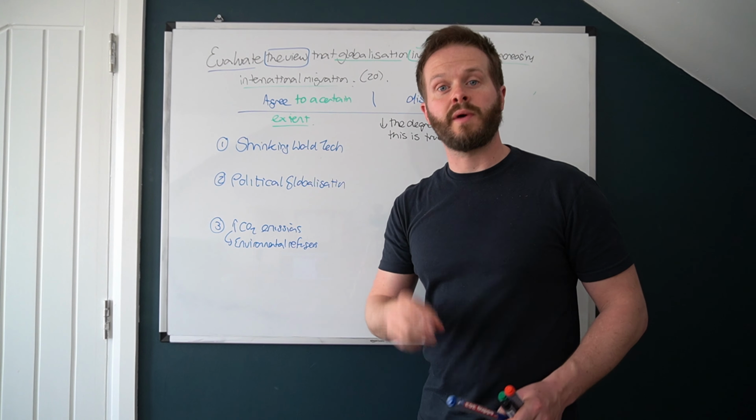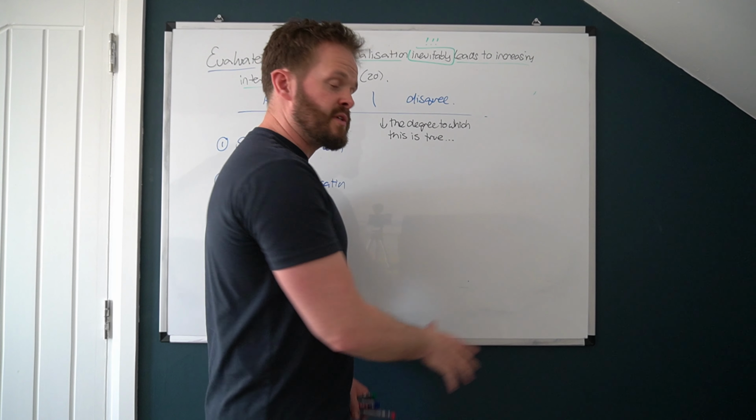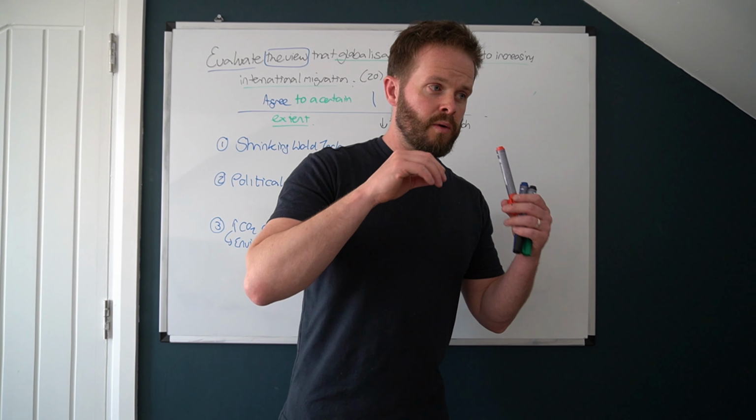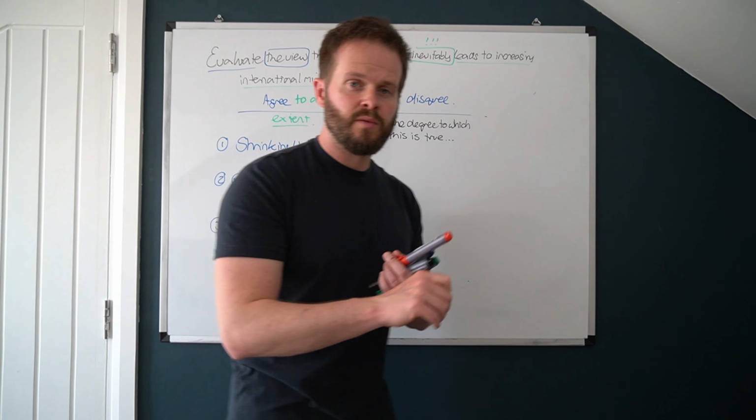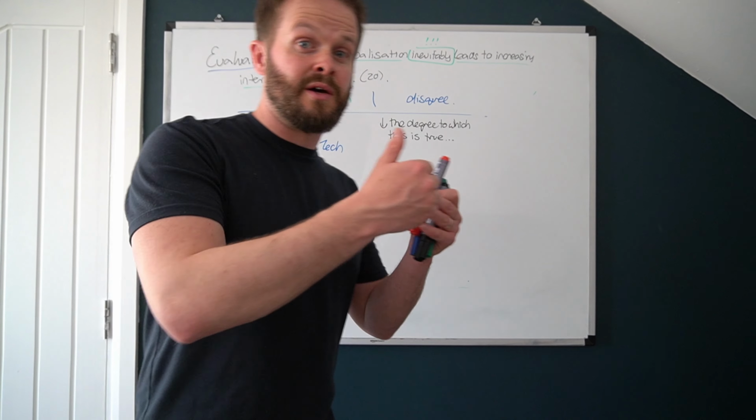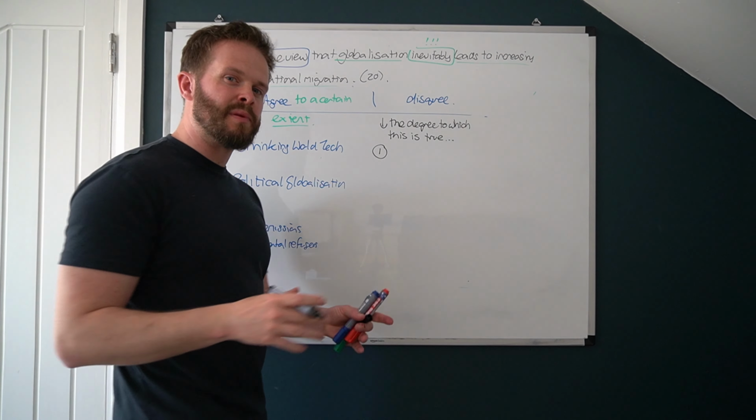Okay, so remember, we've got places, spatial scale, time scale, stakeholders, and uncertainties. So that's why we're hunting for our AO2. For all of those considerations, we're thinking about: are there places where the rule doesn't apply? Are there spatial scales where the rule doesn't apply? Are there time scales over which the rule doesn't apply? What about stakeholders? Are we talking about all stakeholders here? What about future uncertainties? Is it certain that globalization will continue to inevitably lead to international migration? So let's think about some potential points that we could have on the counter side. Okay, so what about a places example?